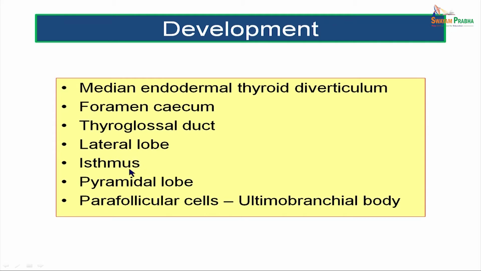Now, whatever is present between the isthmus and the foramen cecum will start disappearing. So, most of the thyroglossal duct will disappear. Occasionally, the lower portion of this can remain, resulting in a pyramidal lobe. So, this endodermal thyroid diverticulum will give rise to the follicular cells of the thyroid gland, whereas the parafollicular cells